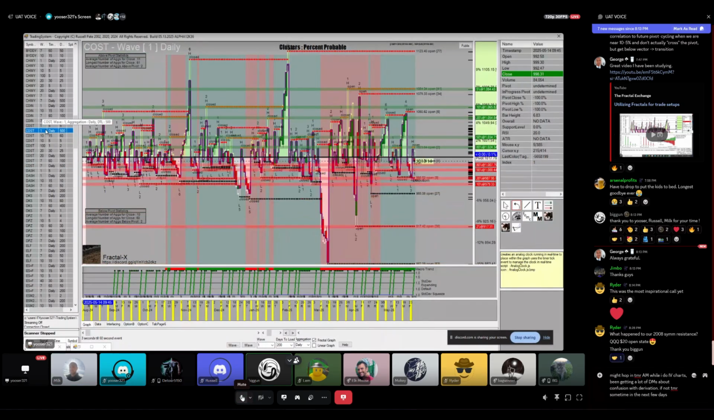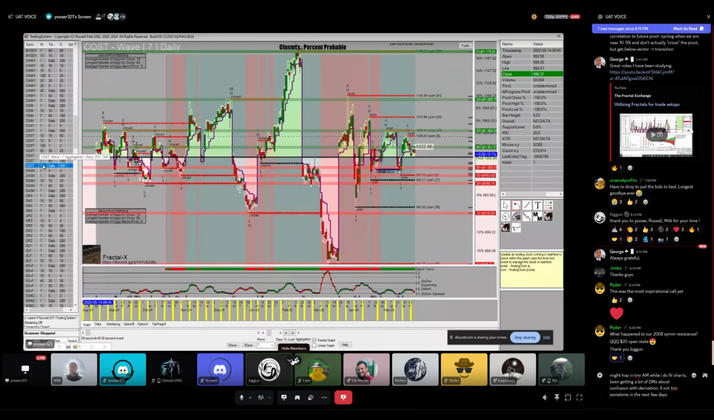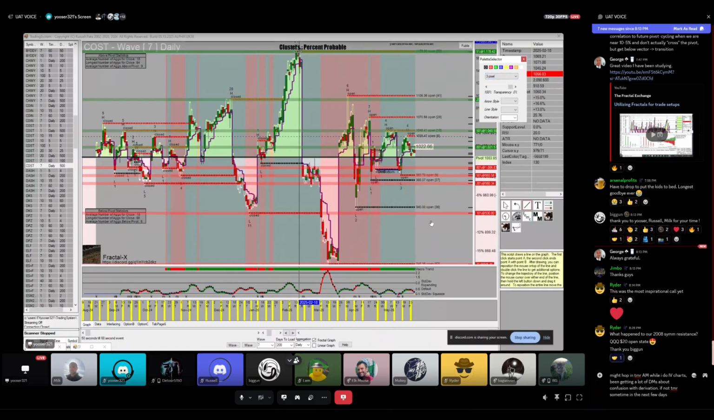Costco looks really good for a big upswing move on that Wave 7 daily, a very similar set up to that fractal trend line setup on your Nvidia Wave 20 daily, Russell. And Russell was kind of speaking on this earlier with Costco,